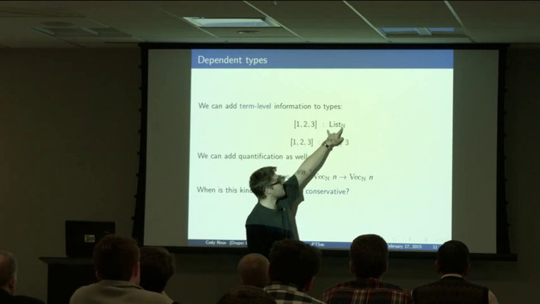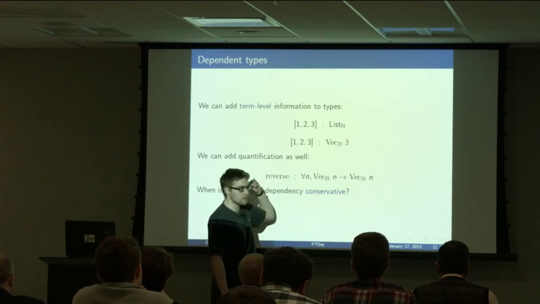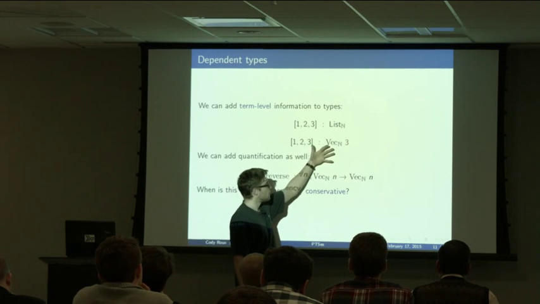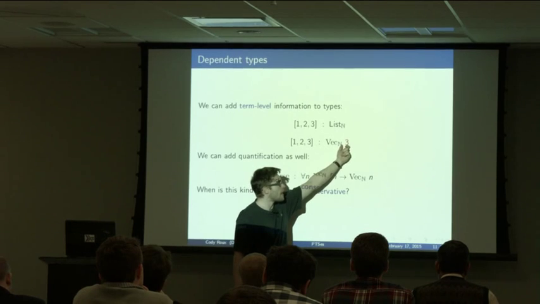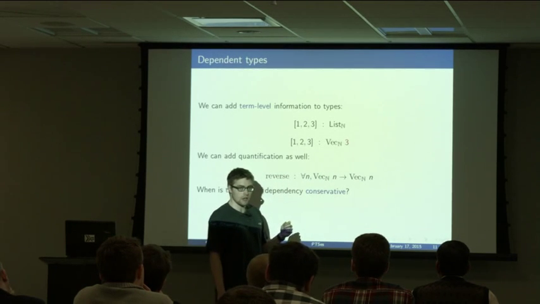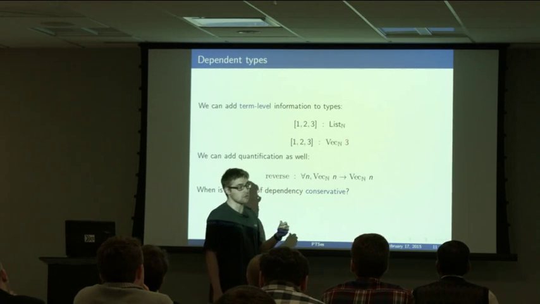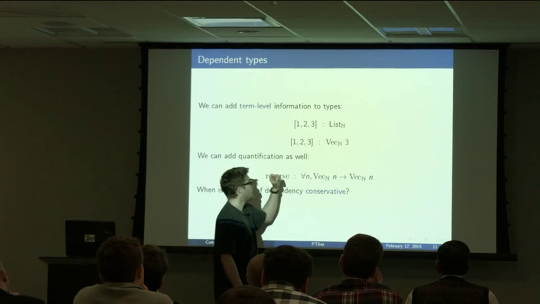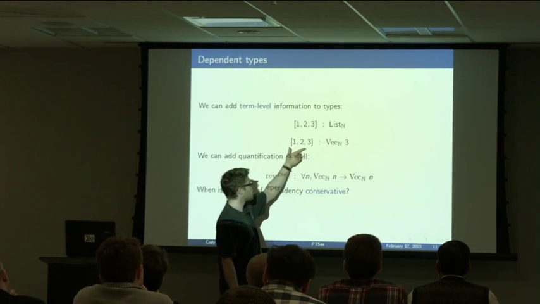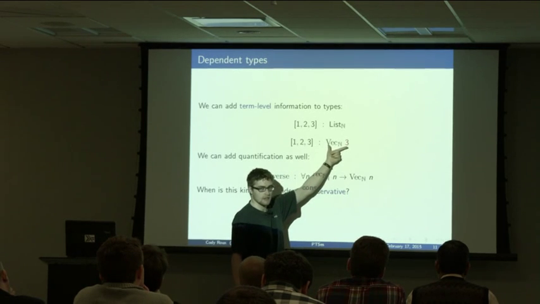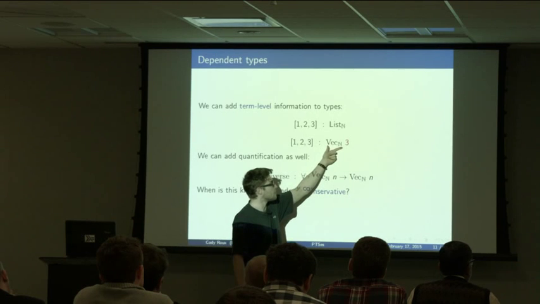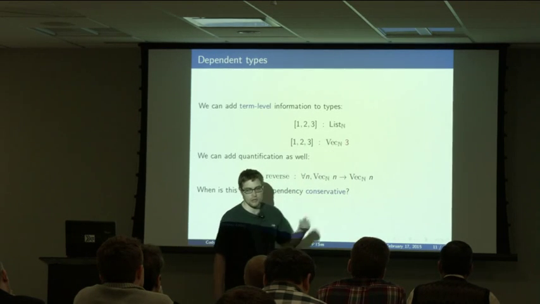So you can take this type of list of natural numbers, and you can now turn it into something more elaborate, which is basically a data type which now depends on some computational value, which is why it's called dependent types. And in this example, if you have a list with 3 elements, then it will inhabit this type, which is the vector, the lists of length 3, which is Vec 3. All right?